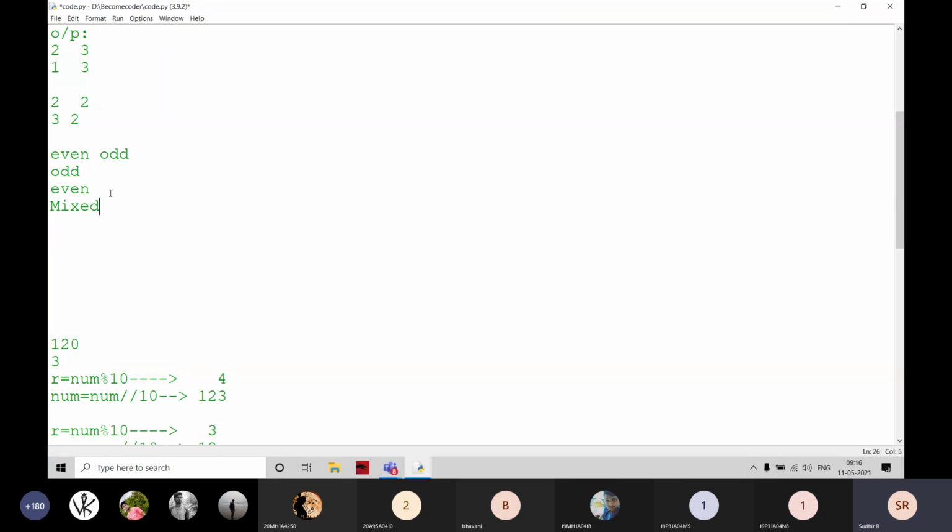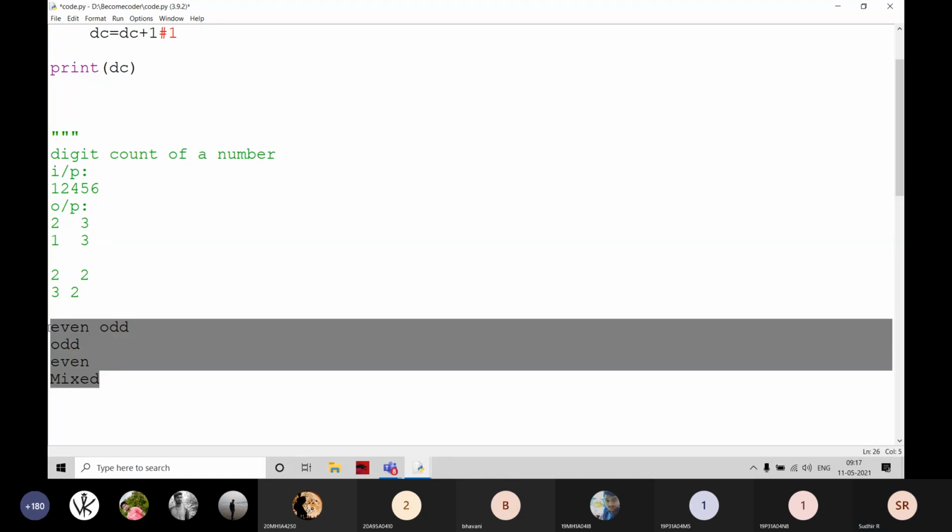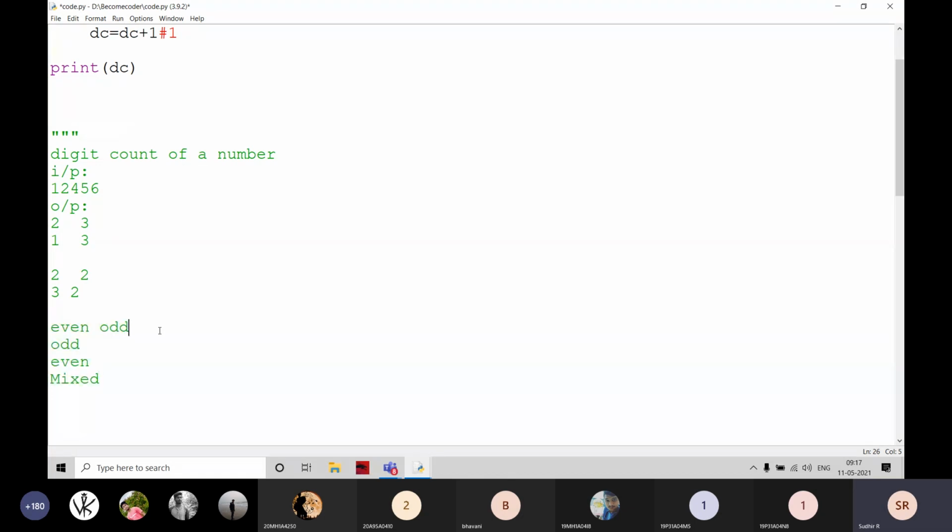Clear, everyone? The first question is you have to find how many even digits and odd digits are there, and the next program is you have to find all these 4 cases. If the even digit count is even and odd digit count is odd, you have to print both even and odd. If the even digit count is not even and odd digit count is odd, I have to print odd.